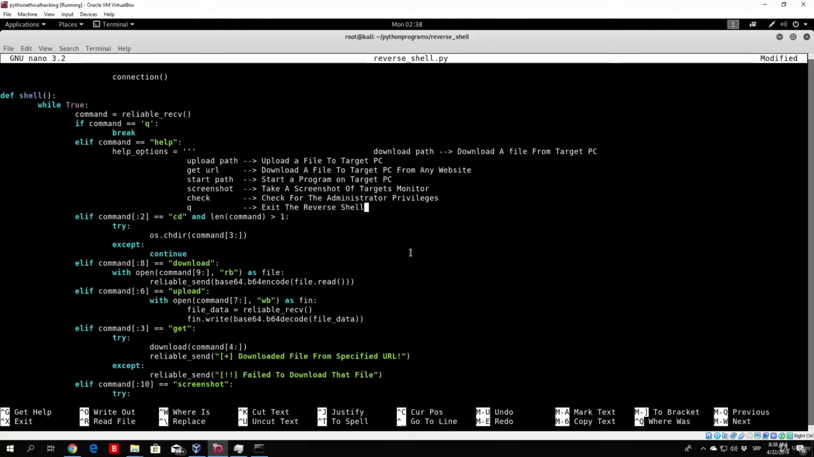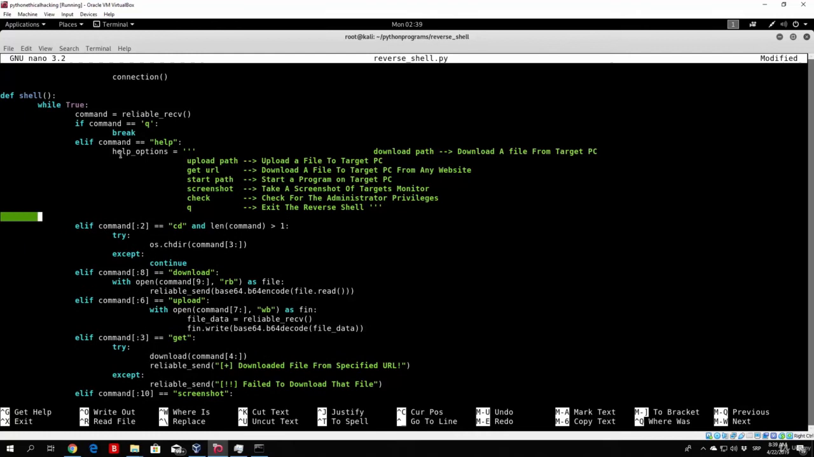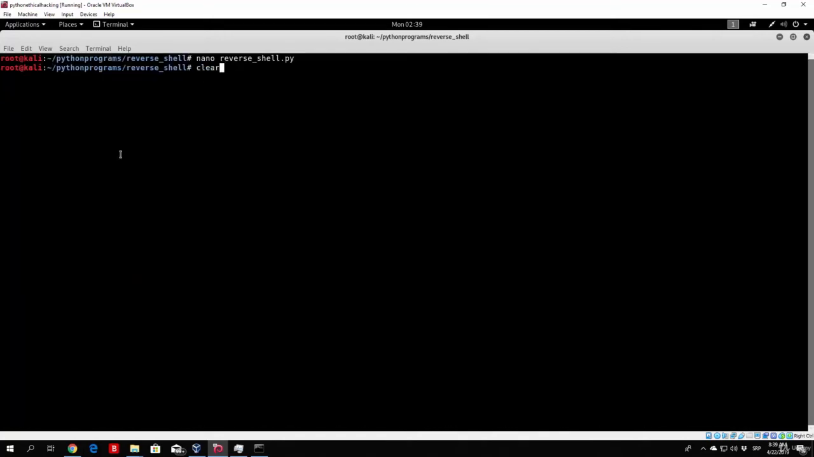And all we need to do, since we opened the triple quotes at the beginning, we need to close them right here in order to make this a string. As you can see now, it is a multi-line string. And then all we need to do is send the actual string to the server. So reliable_send help options. Okay, so if I'm not mistaken, this should be it. And right now, if I save this and we compile our reverse shell with the same command as usual,